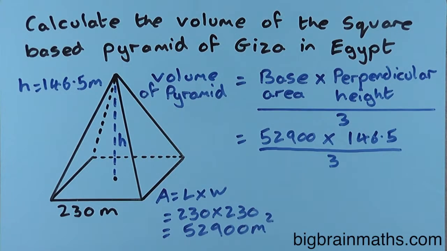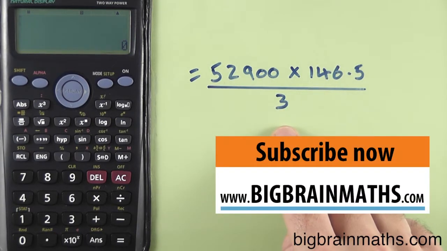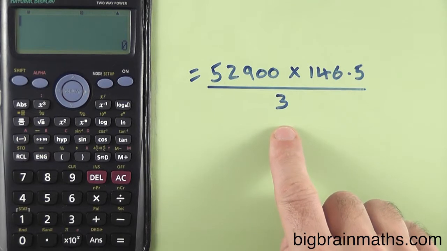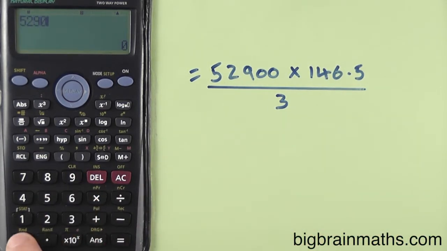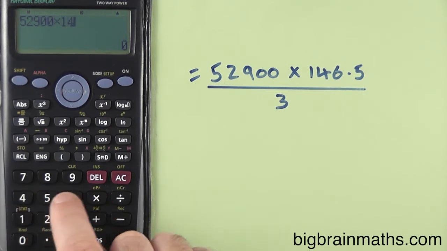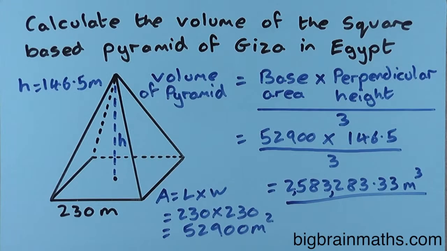Now I'll work this out on a calculator. To enter this calculation into the calculator, we just type it straight in. We don't need to put any brackets in this calculation. So we type 52,900 multiplied by 146.5 divided by 3. I always recommend rounding your answers to 2 decimal places unless the question tells you otherwise. So my final answer is